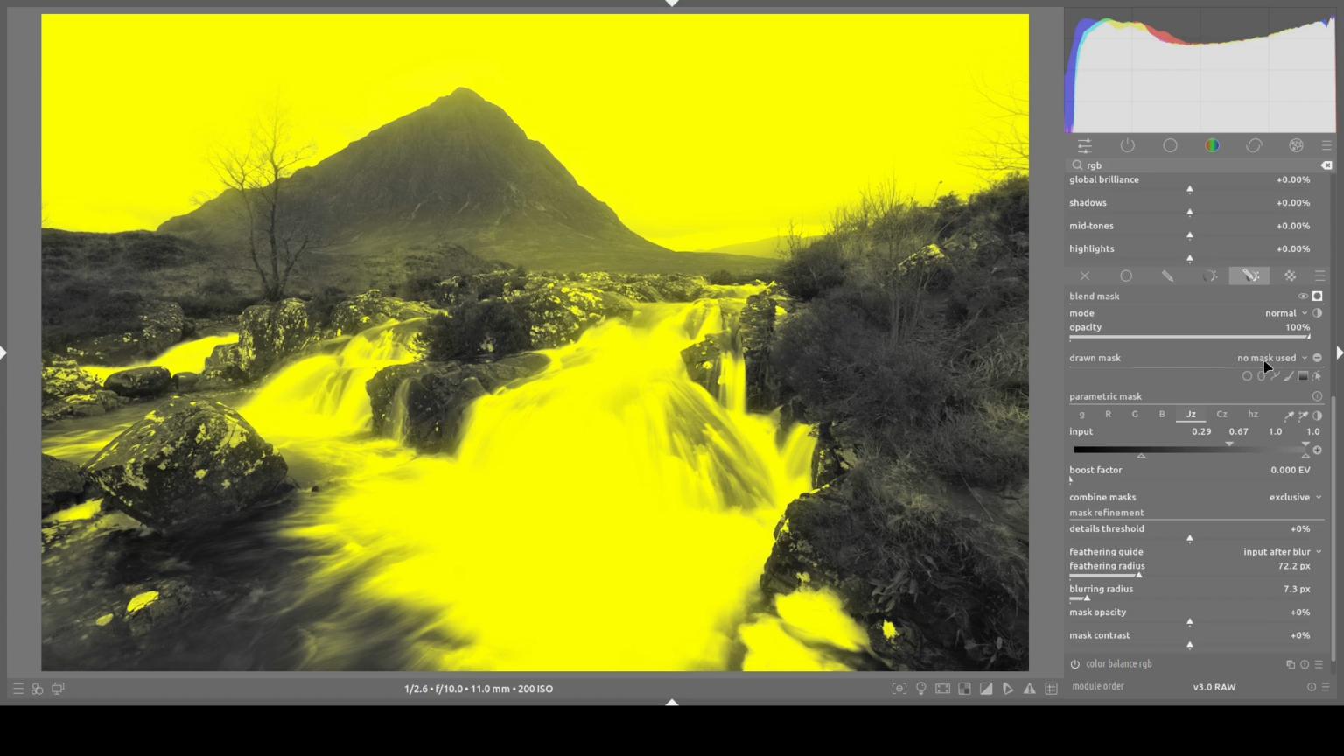So now I'm going to add the drawn part of the mask. Here's our parametric mask, here's our drawn mask controls. I'm going to use the path tool, and that will allow me to click and draw a path, shape, or a regular shape around the area that we want to mask off. Around here, getting that little bit of foam,